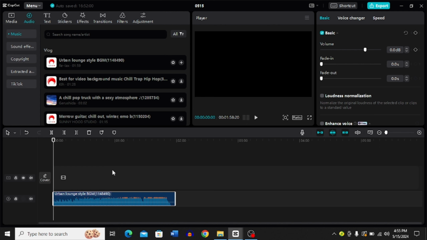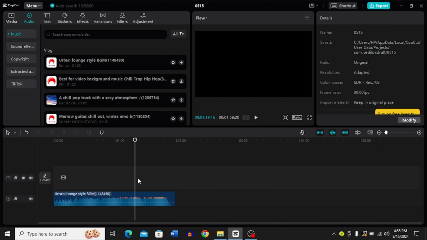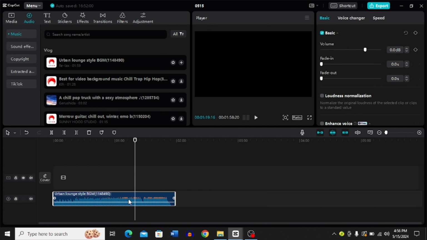First, you have to just import any audio into your Capcut project, or you can just go to the audio library and choose any audio. And now in order to edit it, you can see this is the audio over here. I'm just going to click it and it's going to be selected. And once the audio is selected, you can drag this pointer wherever you want it to be and do the